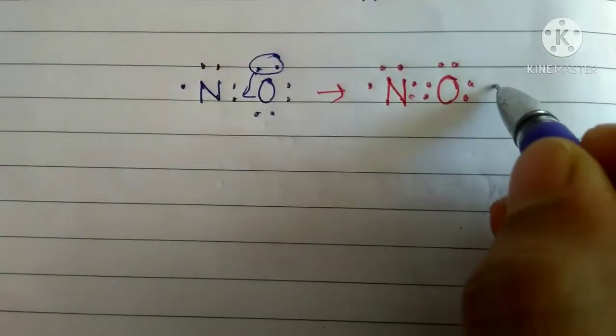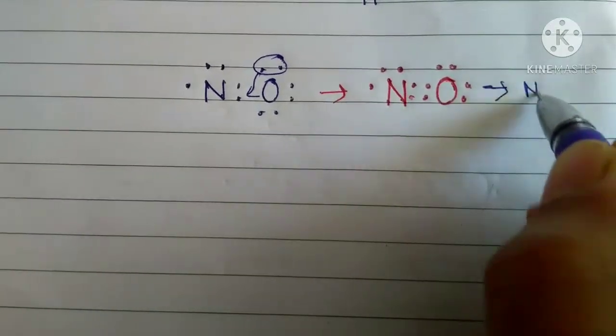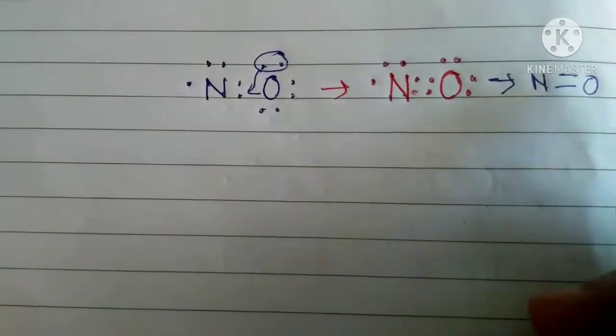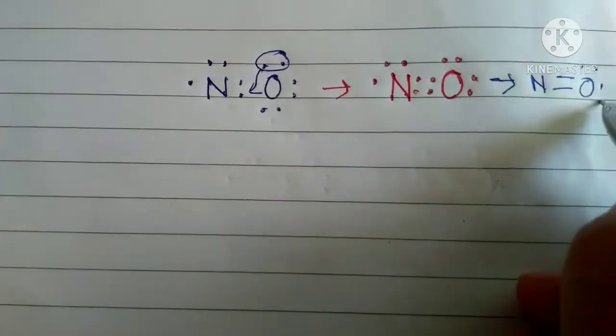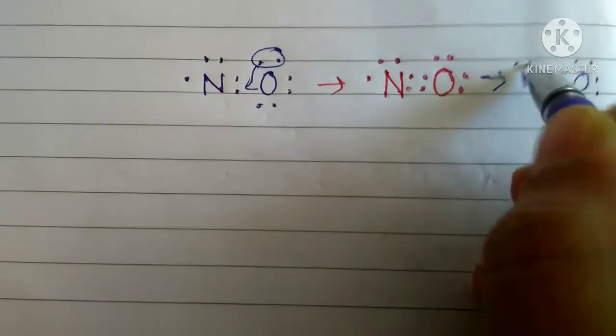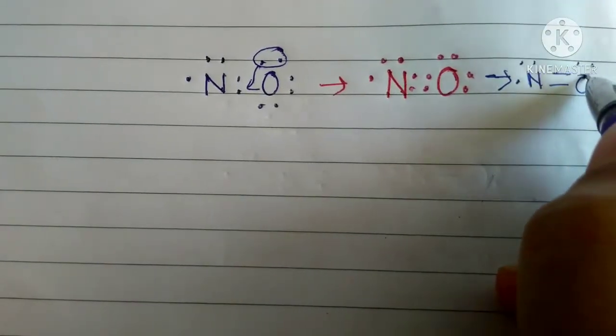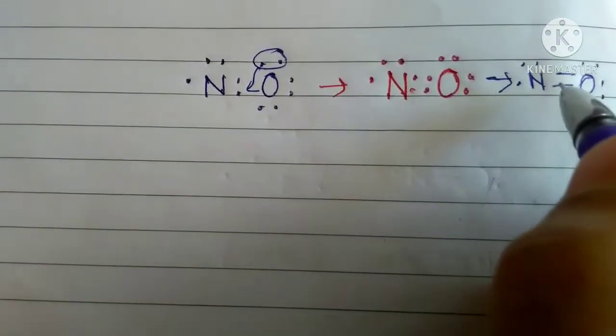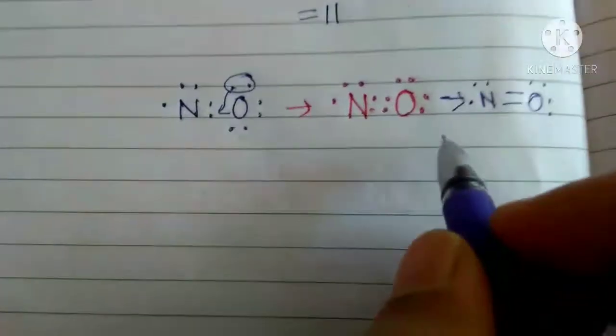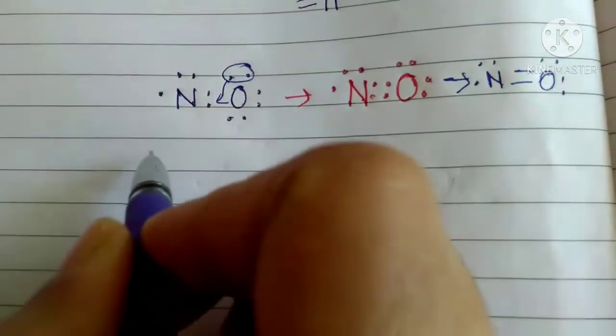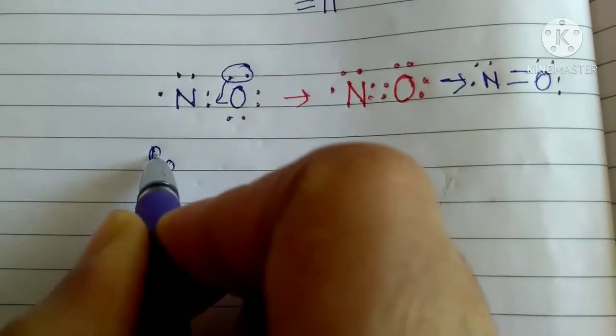Now see, this will be the preferable structure: nitrogen, double bond, oxygen, 1 2 3 4 6 7, 1 2 3 4 5 6 7, and on oxygen the octet is filled up, but for nitrogen only 7 electrons. Now see the formal charge